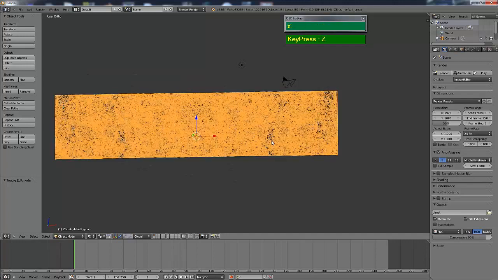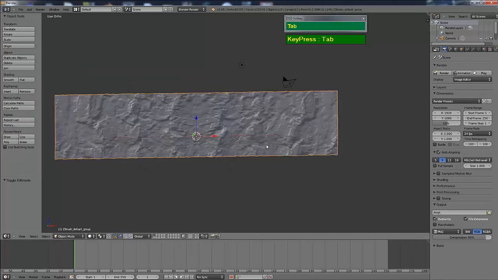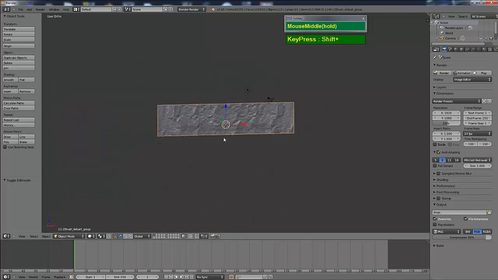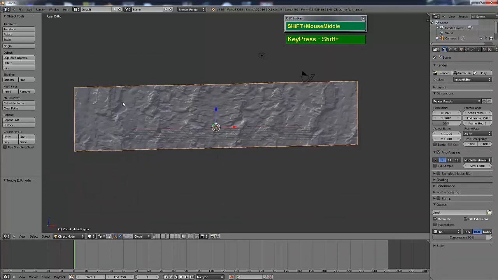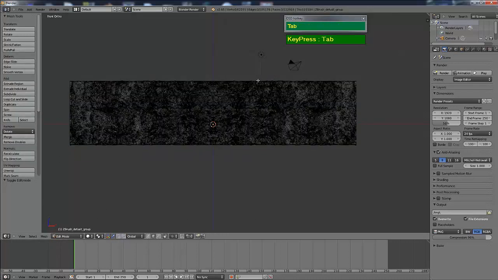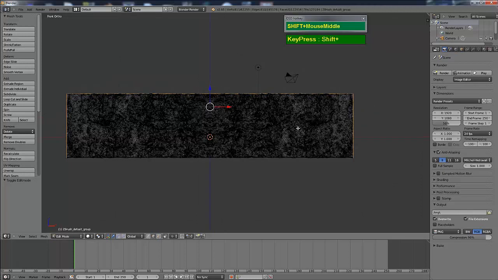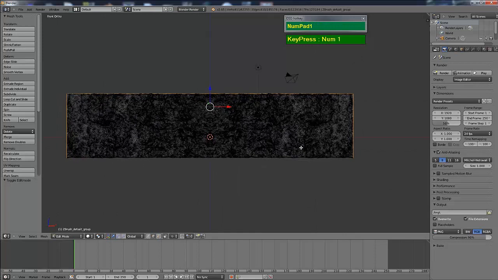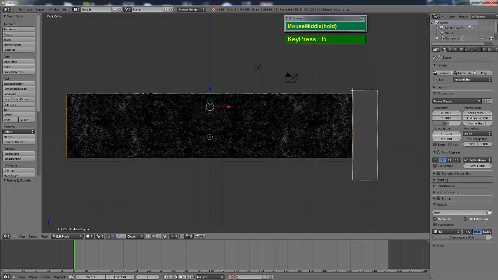Okay, so before I apply the deform modifier to bend this into a roll, I'm going to straighten the edge on top as well. So I'm going to go to edit mode again, holding down the Alt and right mouse click and select the edge, and then press 1 to go to front view, press B, middle mouse click and deselect.